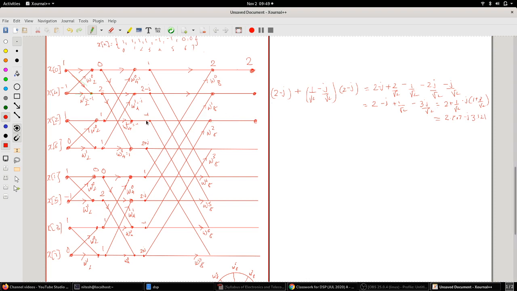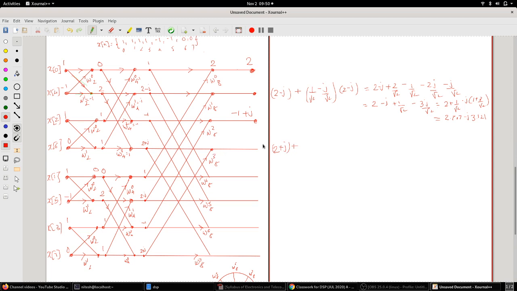So here in this case minus 1 is coming from this side. Here minus 1 is coming from this side, and minus 1 is coming from this side. Minus 1 gets multiplied by minus j here. So this comes to be like minus 1 plus j. Okay, this value here is 2 plus j coming from here. So this value here is 2 plus j. Okay, plus